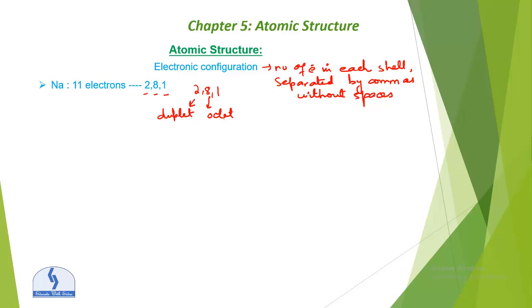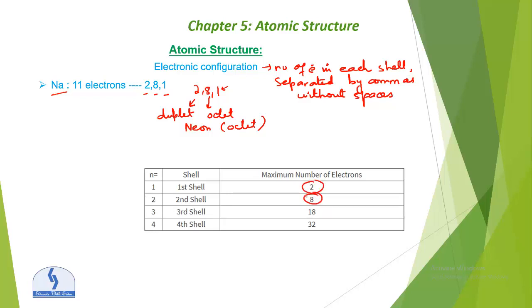Okay. And for example, neon has the full octet. Sodium does not have a full octet, because it has one more electron in the third shell, right? We can say neon has the full octet. It has a configuration of 2, 8 only. It has the second shell completed. You can see the first shell is 2, second shell 8, and the third shell 18. So we have 2 plus 8, 10, and one more from this. So that will be 2 plus 8 plus 1, that will be 11. So sodium has 11 electrons, and the electronic configuration is mentioned here.